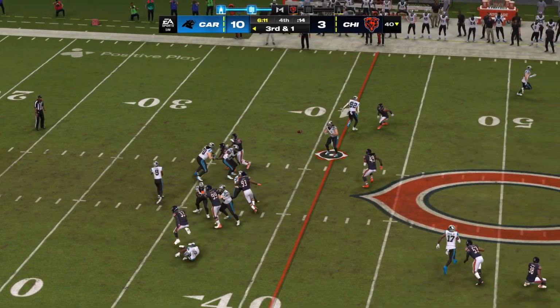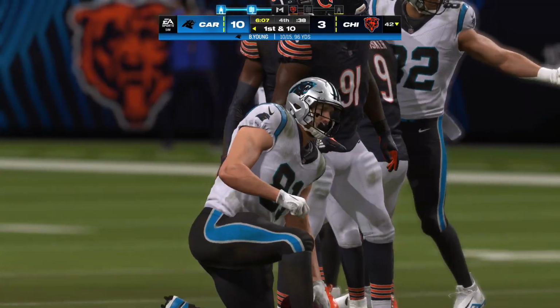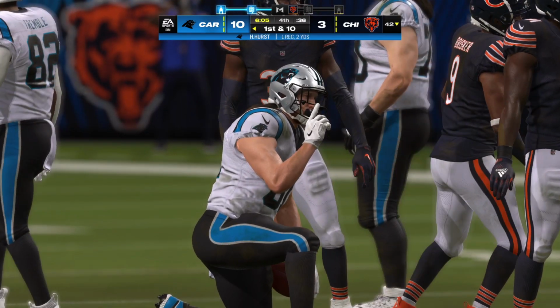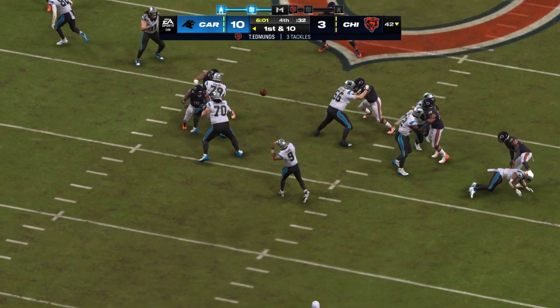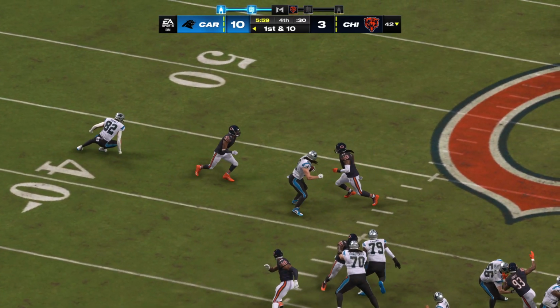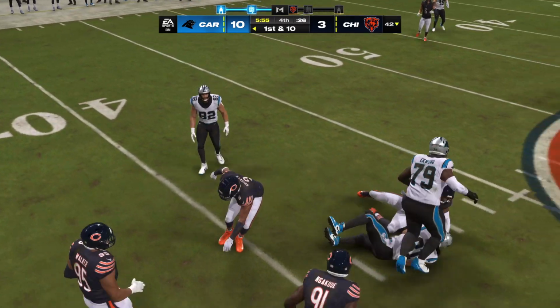On 3rd and 1, here's Young. Work in the middle of the field, and he's got a man complete. And he is going to have a Panthers 1st down as they're able to convert, albeit not by much, on 3rd and a yard. And that pickup of a 1st down, that's going to leave a mark because they really needed to stop them there, didn't they? Oh, so